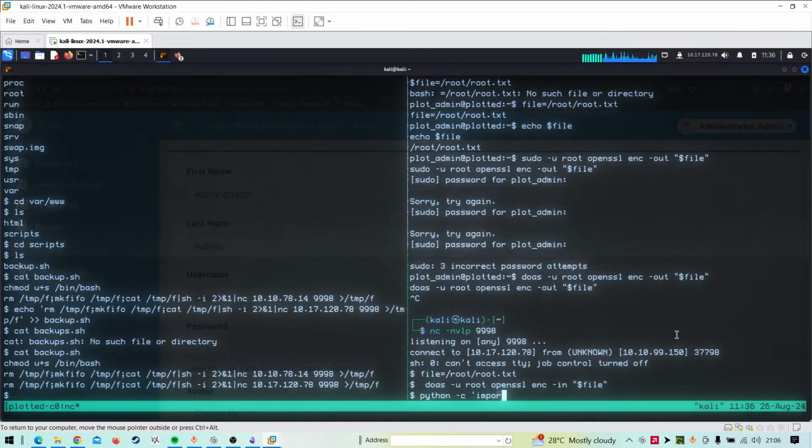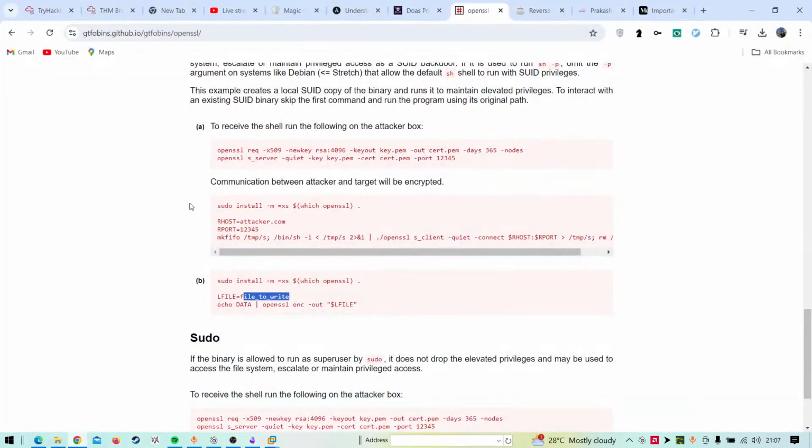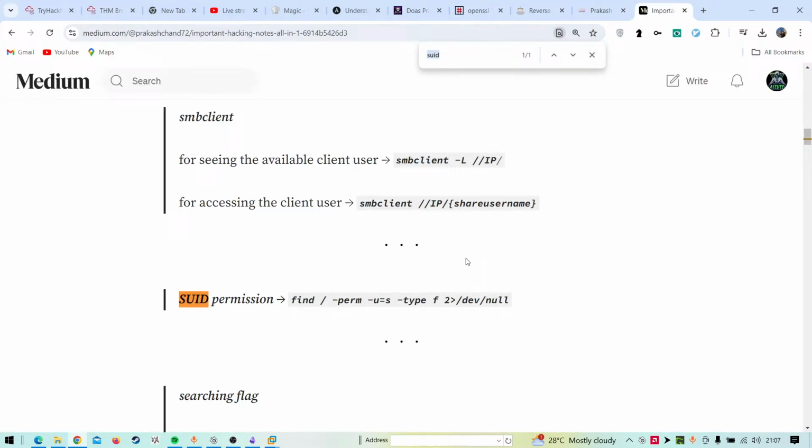Let's try to upgrade this here. What happened. I'm a little pissed off, so I don't want to waste time.